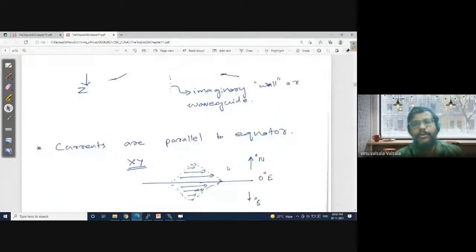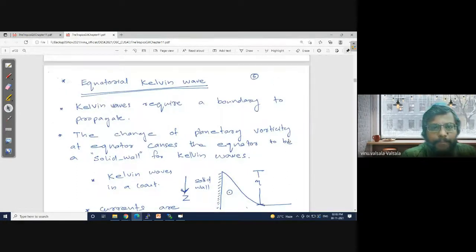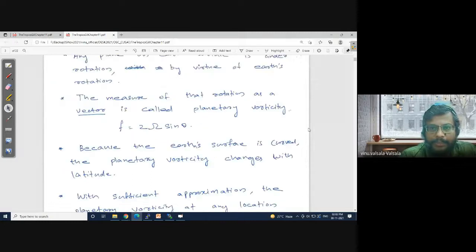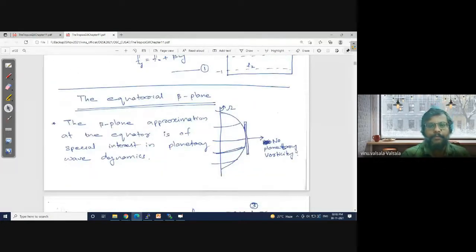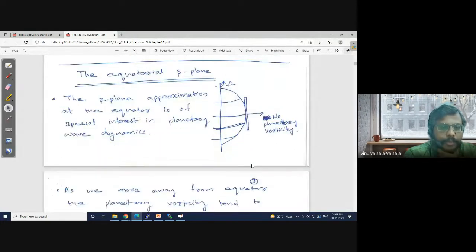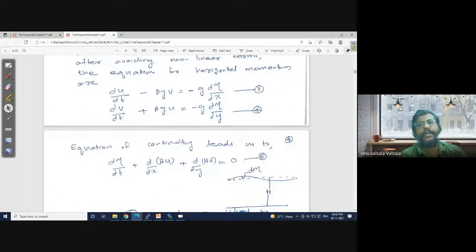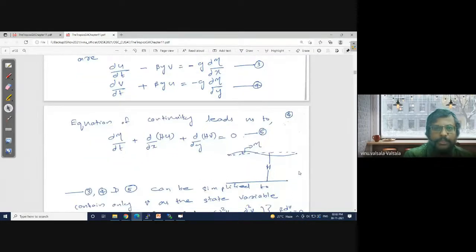So yesterday our point of discussion was to treat the tropical dynamics, and for that we considered the shallow water equations. Basically, in this particular plane, where you have a beta plane approximation, the planetary rotation is assumed as a linearly varying function with respect to latitude. Special types of motion were permitted in this, and we started looking at the fluid as a shallow water fluid, and so we simplified it for our consideration.